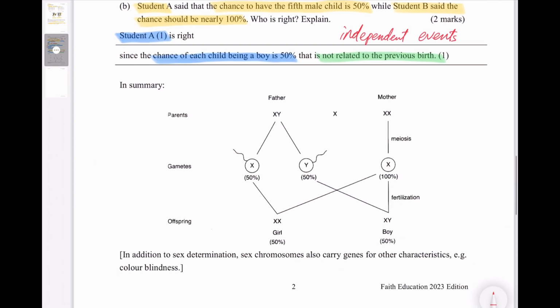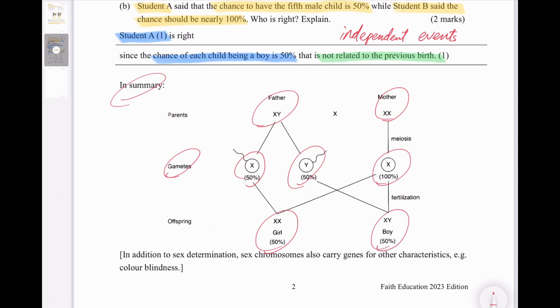And this diagram is the genetic diagram. If the question asks you to draw it, you can draw like this. For the father, XY chromosomes, mother, double X chromosomes, and for the gametes, the father can produce 2 types of sperm containing the X chromosome or Y chromosome in the same number. And then for the eggs produced by the mother, all of them carry the X chromosome. Therefore, there is a 50% chance to have a girl and 50% to have a boy. So you can see that this diagram is not talking about colour blindness or sex linkage cases. We only focus on the sex determination.